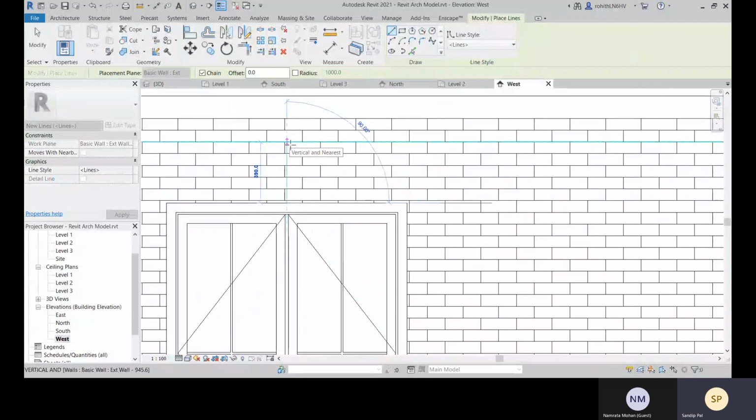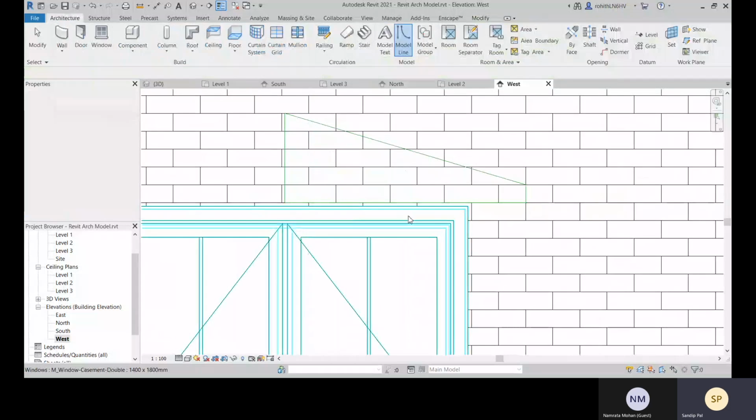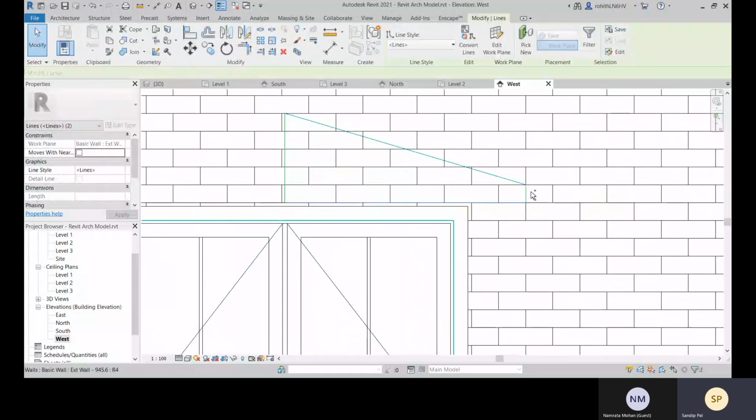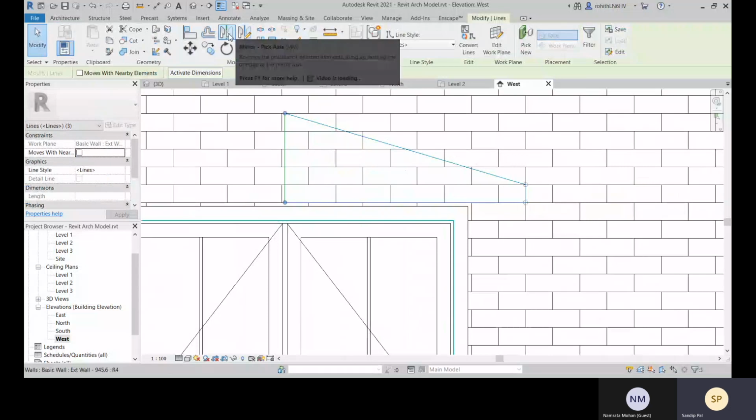Okay, so let's give this as a height. Now what we'll do is we'll select it, we'll mirror it.